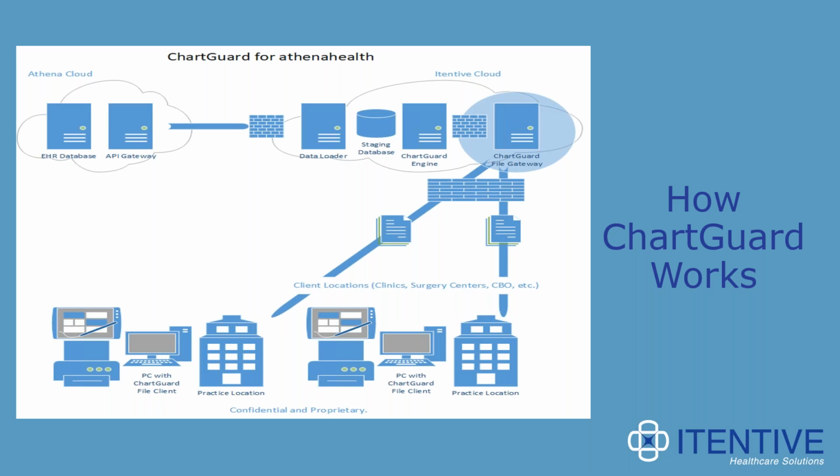But typically, if a patient's been coming to you for 10 years, you may not need all 10 years worth of data during that outage. You may just need the last several encounter summaries and then summaries of things like medications, problems, that type of stuff. So we'll pull that into the Iten cloud. We'll produce the PDF files for those several days, and then an agent will wake up at each of your locations, each of your departments, and pull down the appropriate charts for the patients that are going to be seen at that department. So this system happens from beginning to end every night, and it also cleans up after itself,